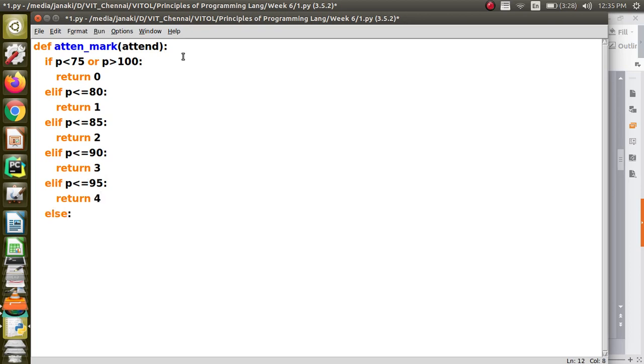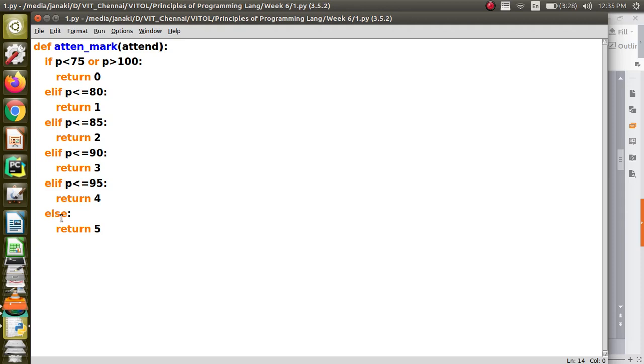Else. Okay, so either I can check less than or equal to 100, or since we have checked that if it is greater than 100 the function would have returned, it is not required. Logically, when you think here, it is not required to check whether it is less than or equal to 100. We are damn sure that if it comes here, then obviously it is less than 100 and greater than or equal to 95. Okay, so even this else is not required. I have just put it and you are returning 5.